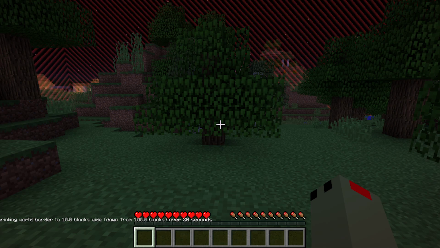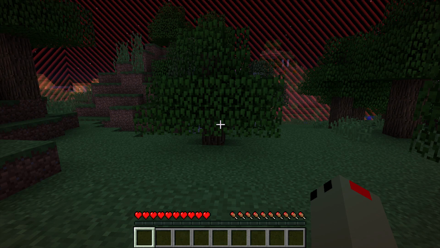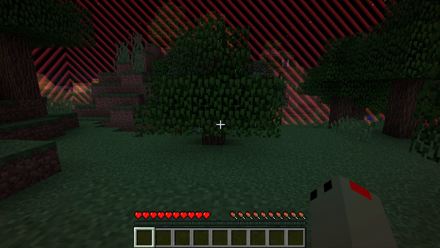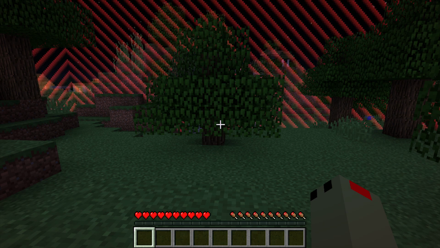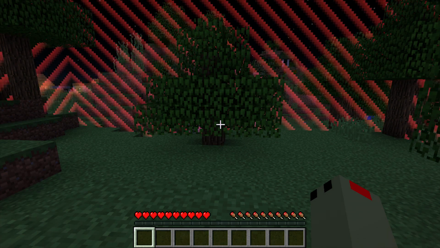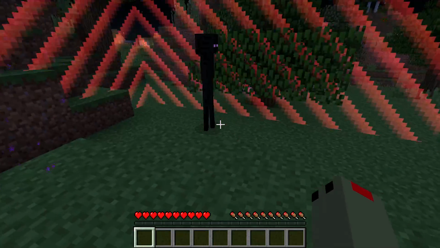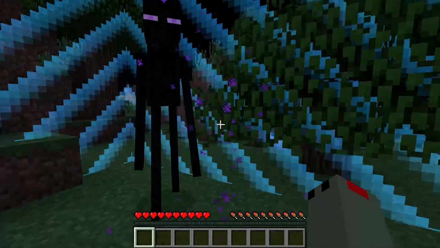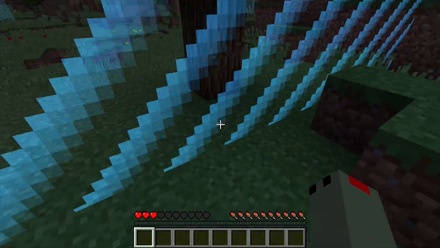So this is good for UHC mode. Mojang have now enabled it so that you can start with a massive world border and then have it shrink over a short set of time to end up getting really small and possibly killing you. Hey Enderman, kill me. So yeah, that's basically the end of today's